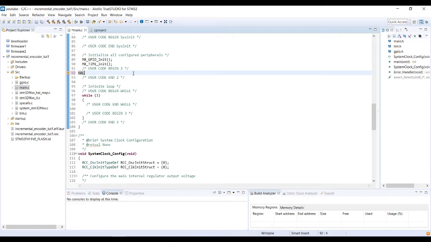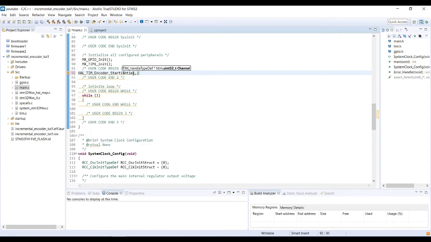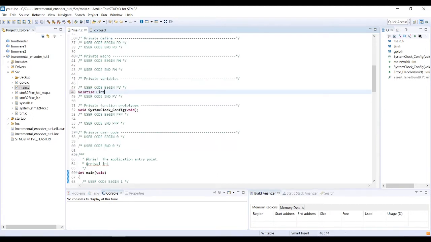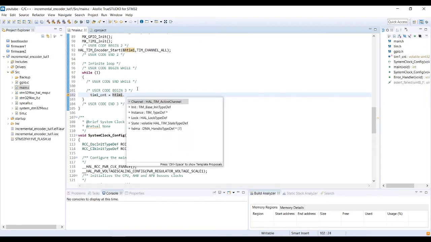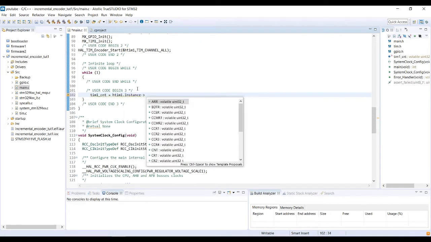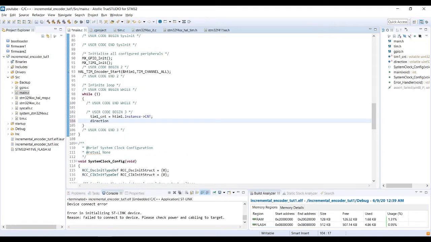You can see this nicely generated code. All libraries for timers offer a function to start the timer in the chosen encoder mode, and that can be called in the main function. The controller determines the counting direction by looking at which input channel pulse is leading, and the direction is made available to the programmer in the timer's direction register. And for now, I'm polling the counter value and its direction of counting, that is up or down, in the while loop.